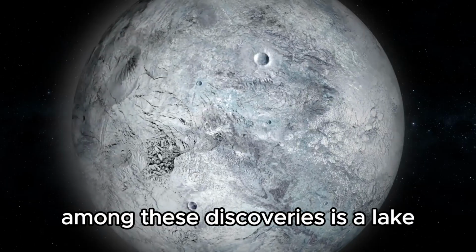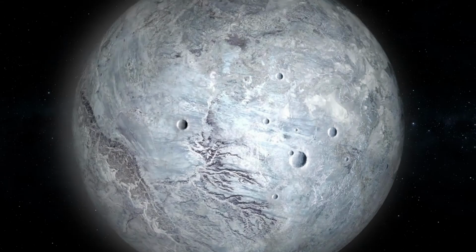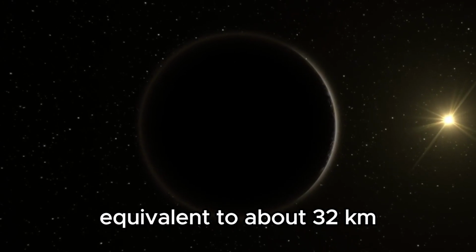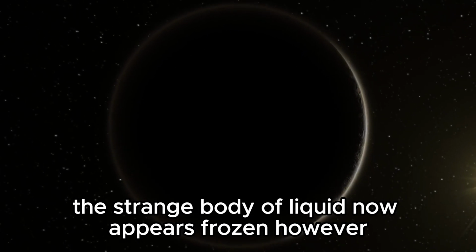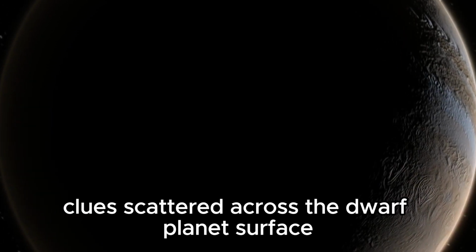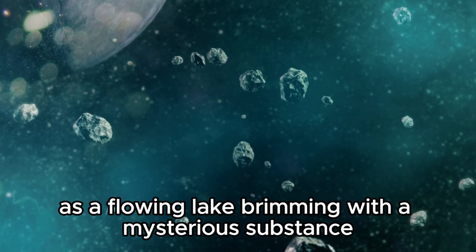Among these discoveries is a lake nestled within a mountain range just west of Pluto's iconic heart, measuring approximately 20 miles wide, equivalent to about 32 kilometers. This strange body of liquid now appears frozen. However, clues scattered across the dwarf planet's surface hint at its past existence as a flowing lake brimming with a